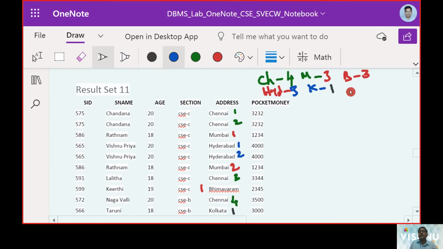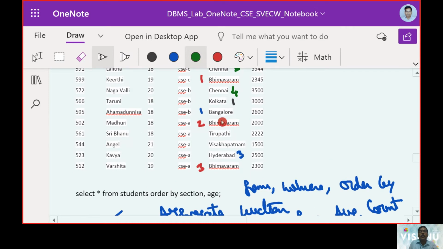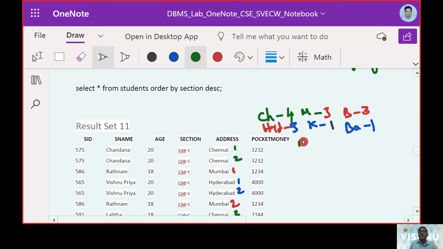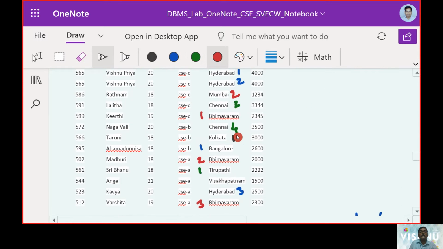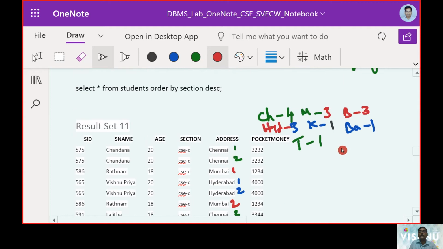So we can say Bangalore is with 1. Then we have Tirupati here. So it is 1. So we can mention Tirupati as 1. And then are there any other pending here? Yeah, we have Visakhapatnam pending, and that is also only 1.